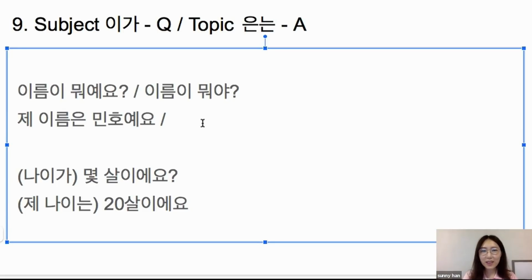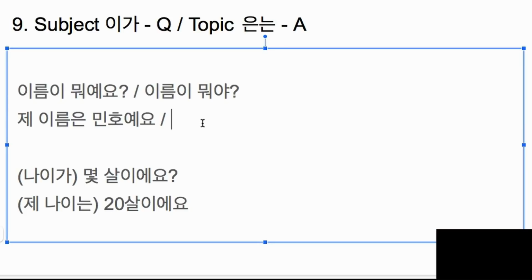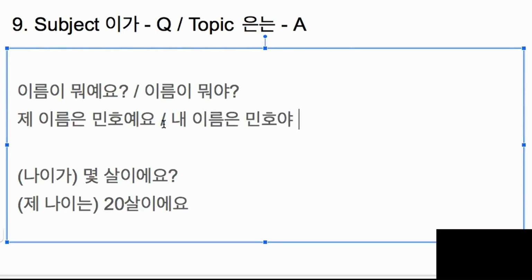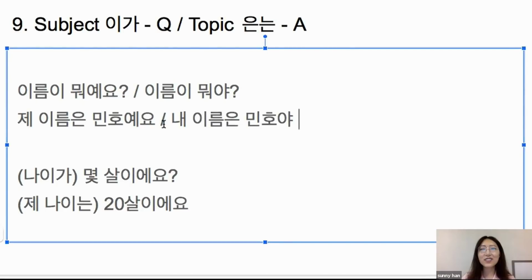So the informal way is, my name is Minho. What about the informal way? 내 이름은 민호야. Can I also say 내 이름은 민호다? 내 이름은 민호다 sounds like